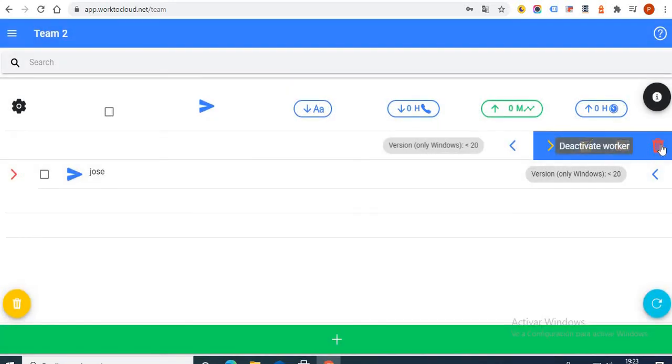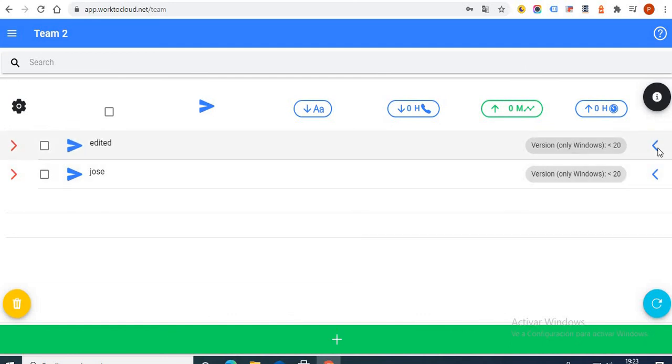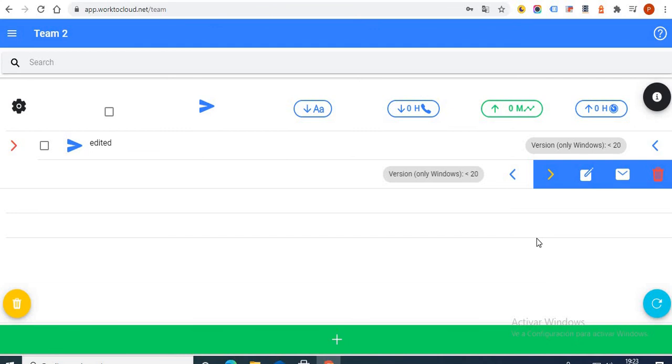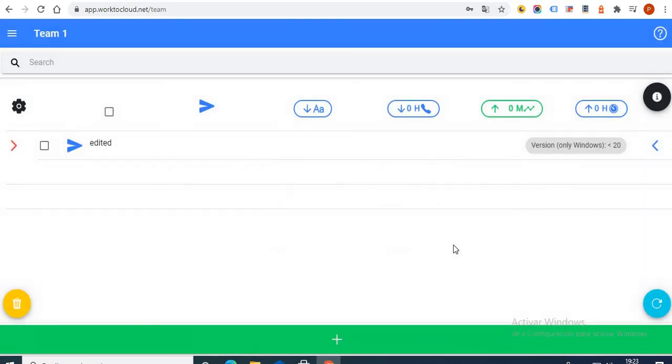Okay, and this is to deactivate the worker. When we click here, we deactivate the worker. Okay, we delete the worker. Right, I had to wait a moment, and it's already deleted. Okay, it's not really deleted. I mean, all his data is not deleted. Don't worry, it will be here in the section of inactive team members. But for this video,